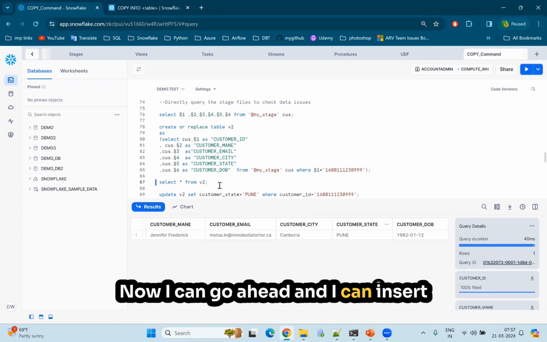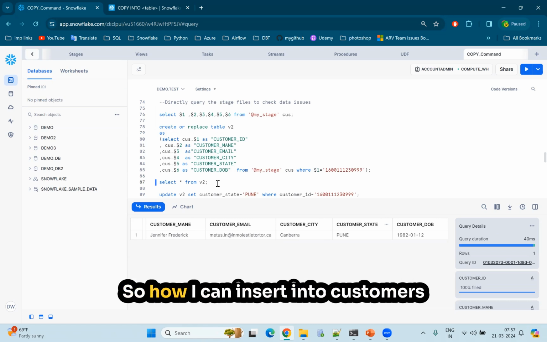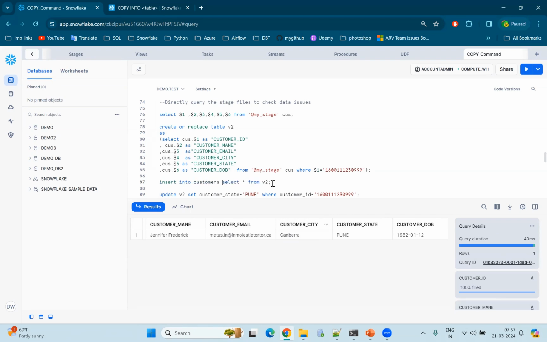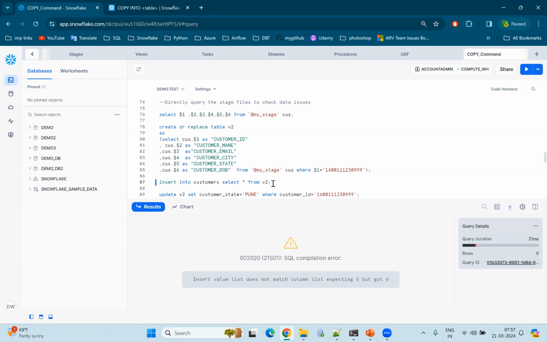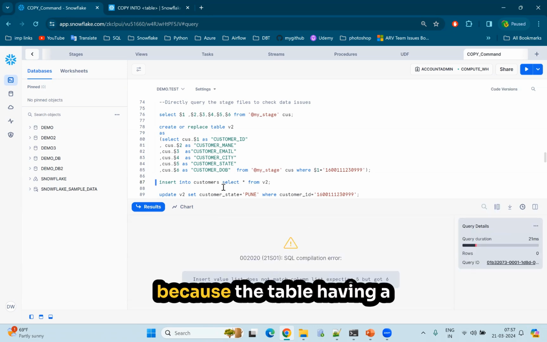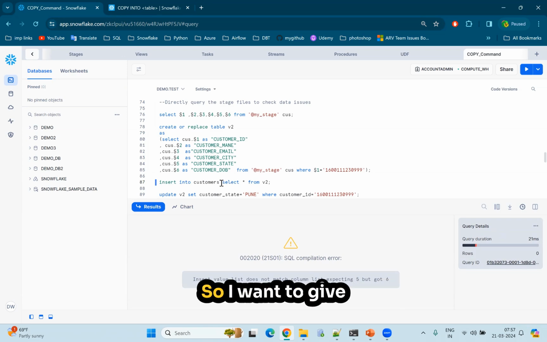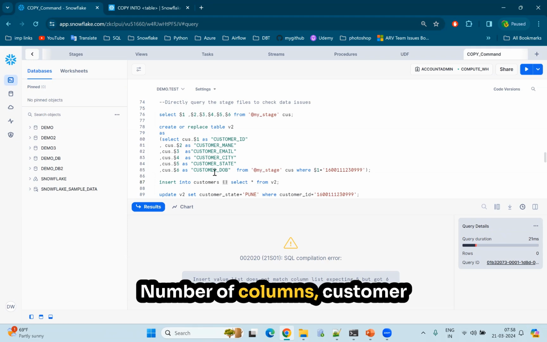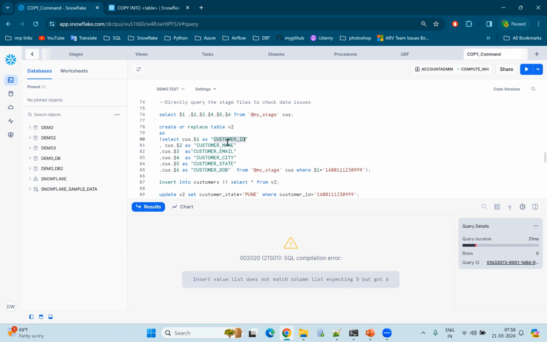Now I can go ahead and insert this particular record into my table. So how can I insert into customers? Because the table has a smaller number of columns, right? So I want to give a particular number of columns. Customer date of birth is not there, right? So customer ID, name,